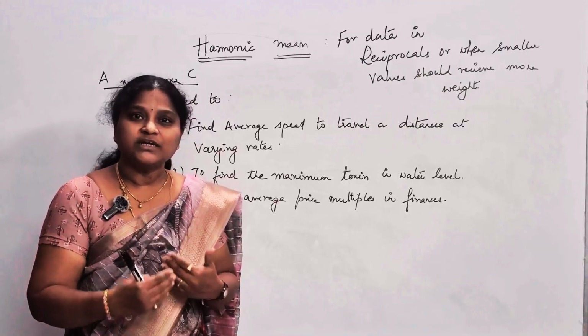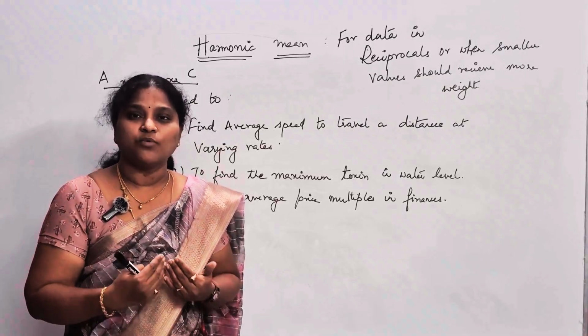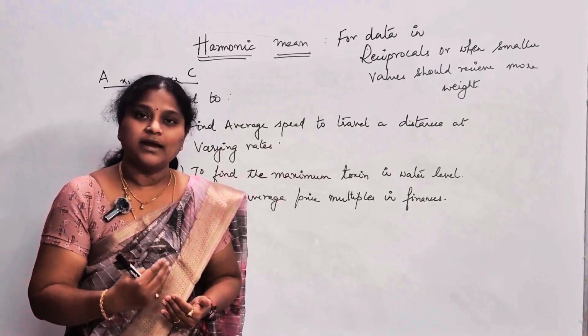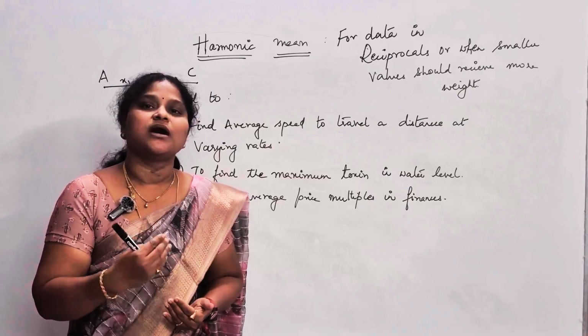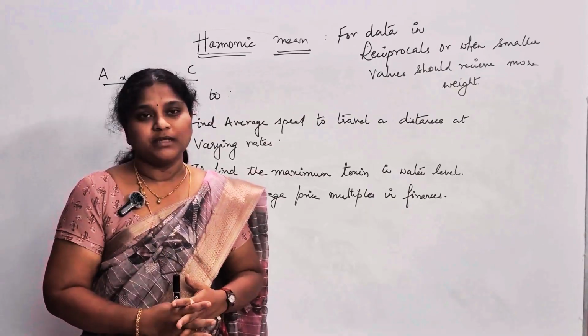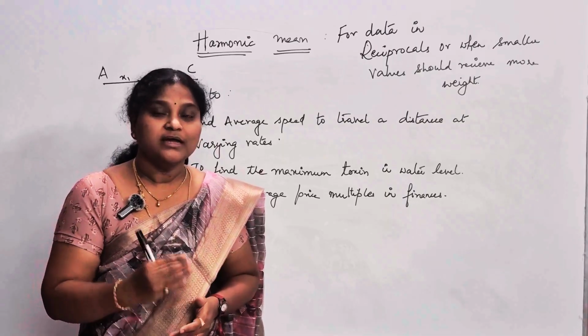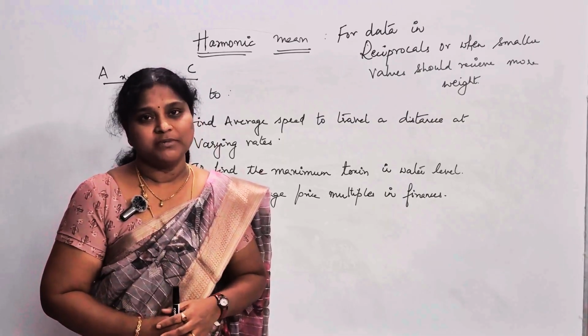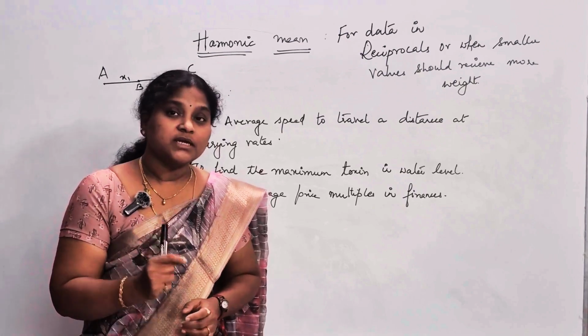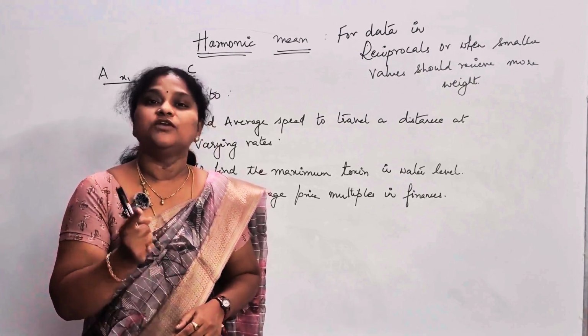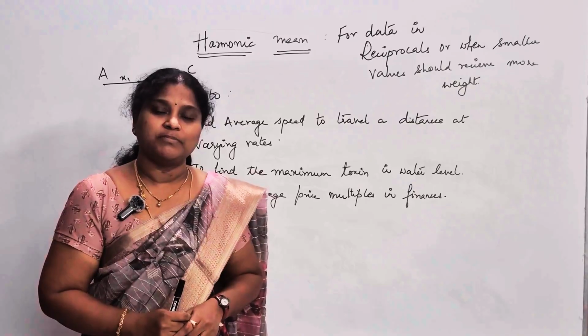To find out the different toxins that are available in the water, like arsenic, lead, and other heavy metals, we can use harmonic mean. In finance also, the average price multiples, etc., can be found out using harmonic mean. Now, since we have seen what harmonic mean is and in what situations it can be applied, we'll